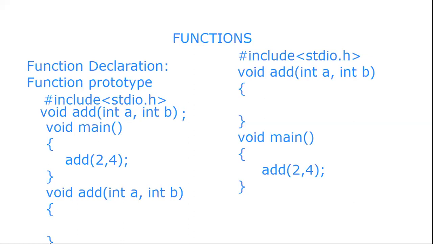So what is the difference between the two? There is a doubt here. If we define the function first, the compiler knows there are certain functions and then we write main, so we need not write the prototype again. But if we write main first, we have to write the prototype. There is not much of a difference in how it works. It works exactly the same way, but we have the additional job of writing the prototype.